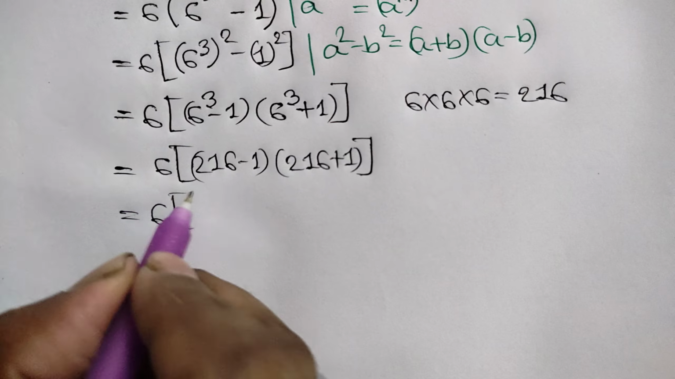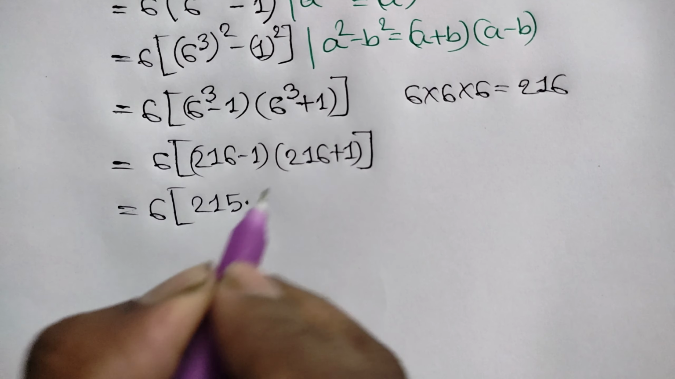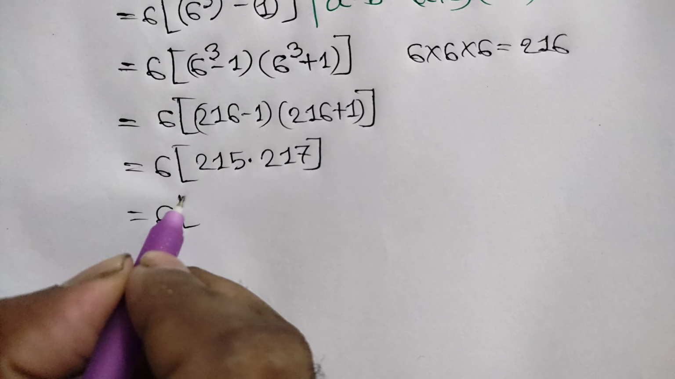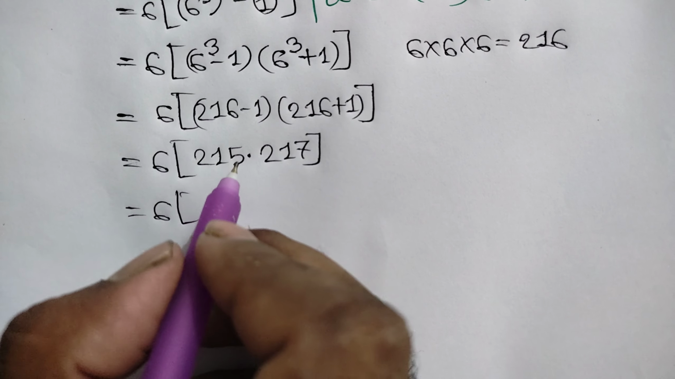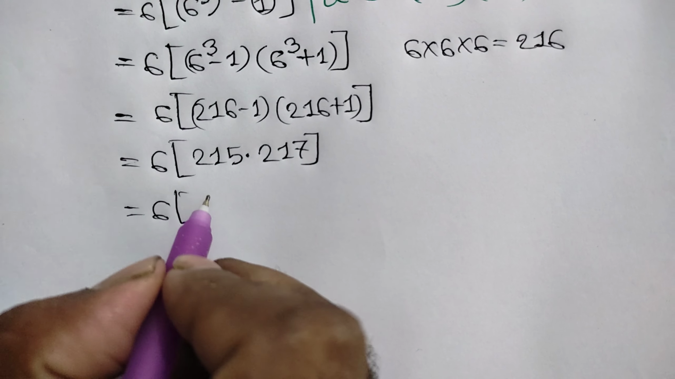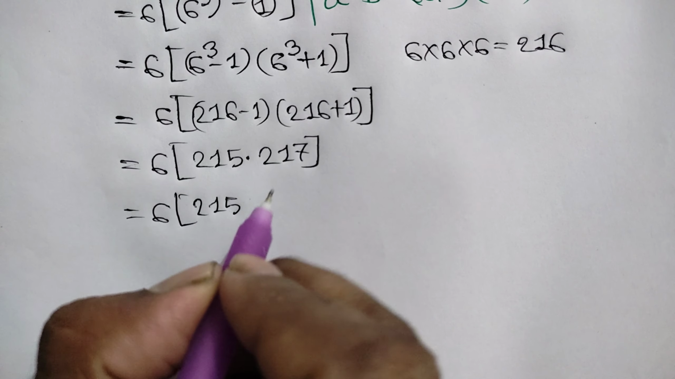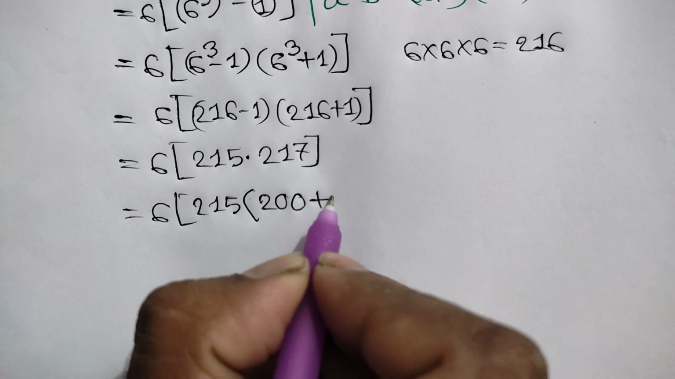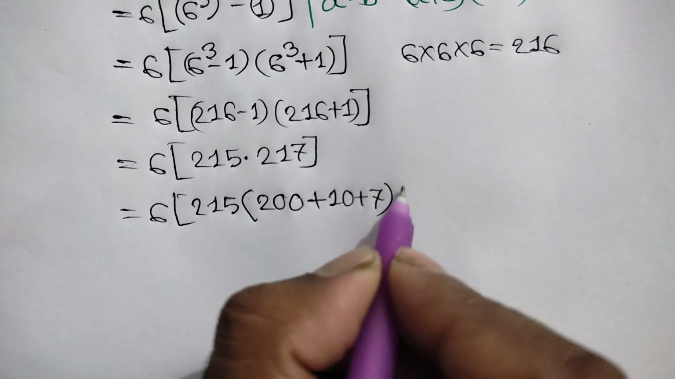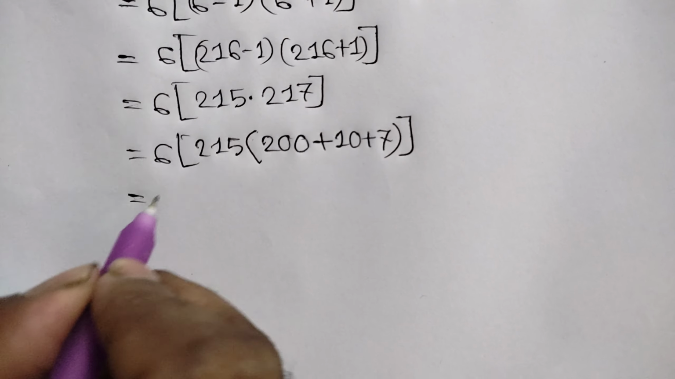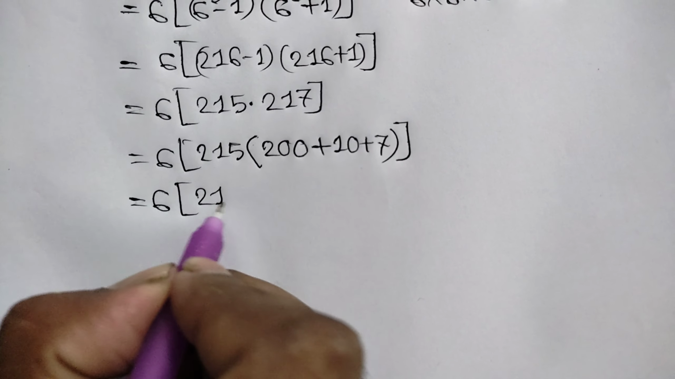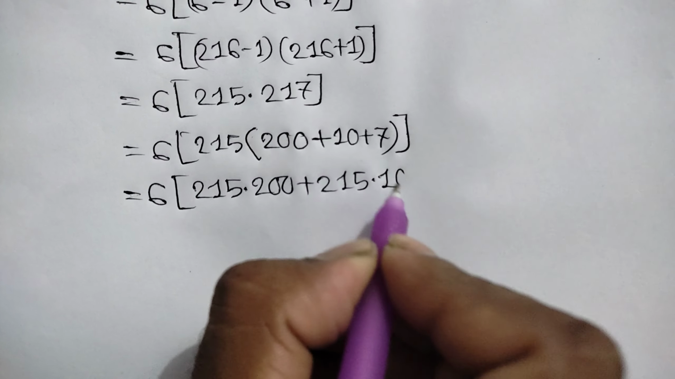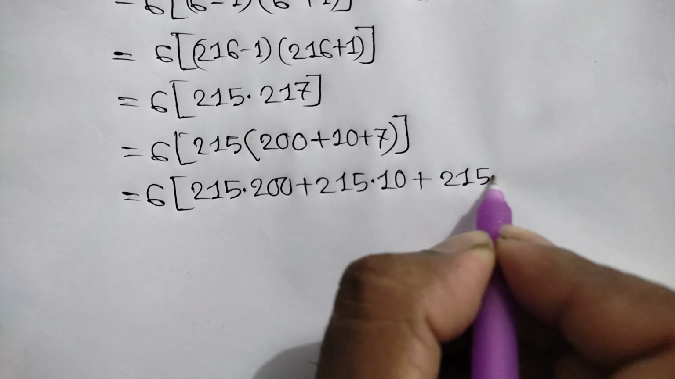is equal to 6 times 215 times 217 is equal to 6 times, now 215 and here we will get 217. So we can write here 215 times 217, where 217 can be written as 200 plus 10 plus 7, is equal to 6 times, now we can write here 215 times 200 plus 215 times 10 plus 215 times 7